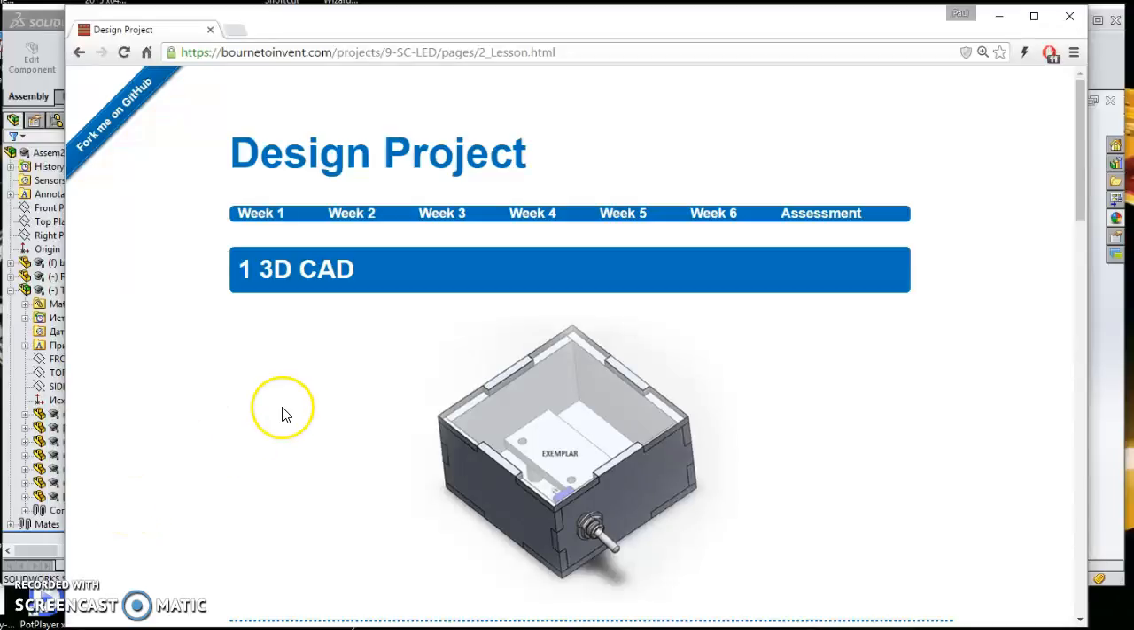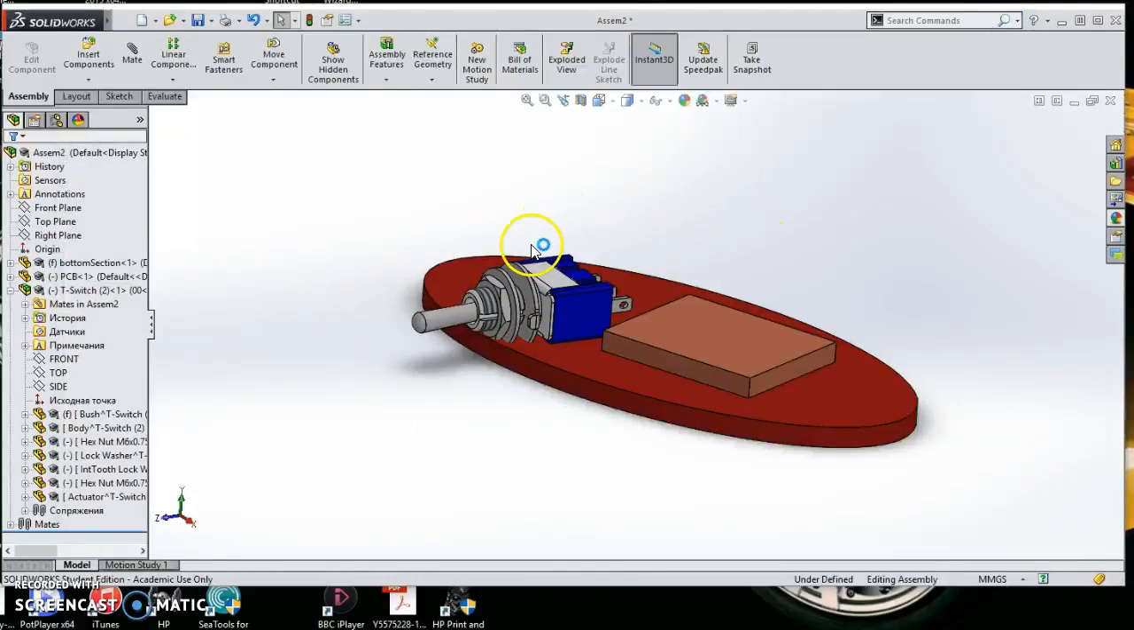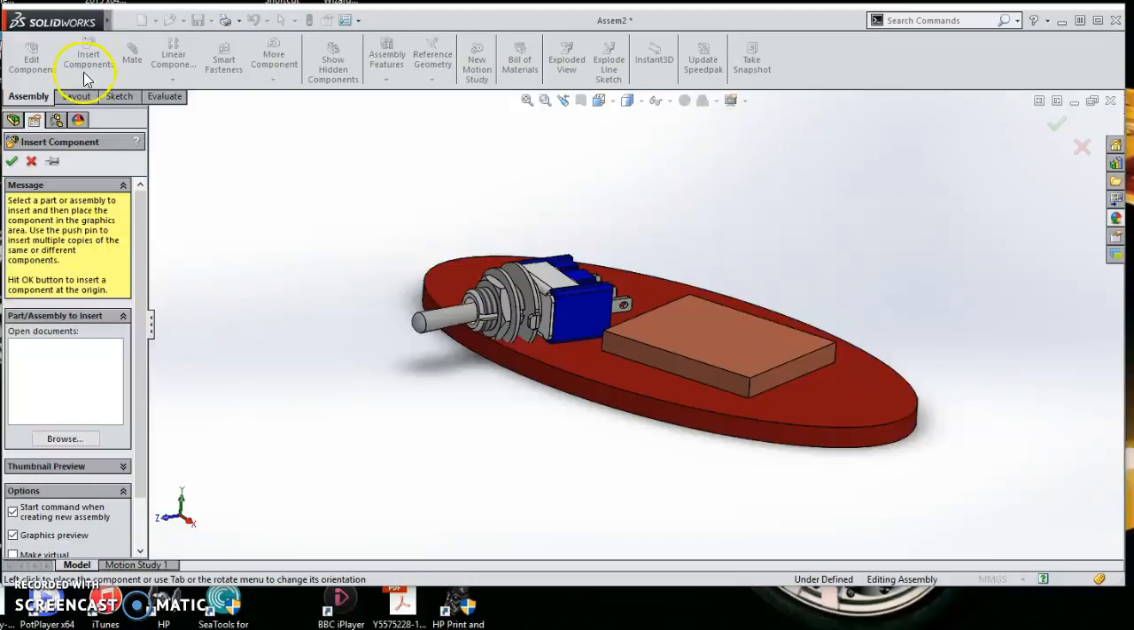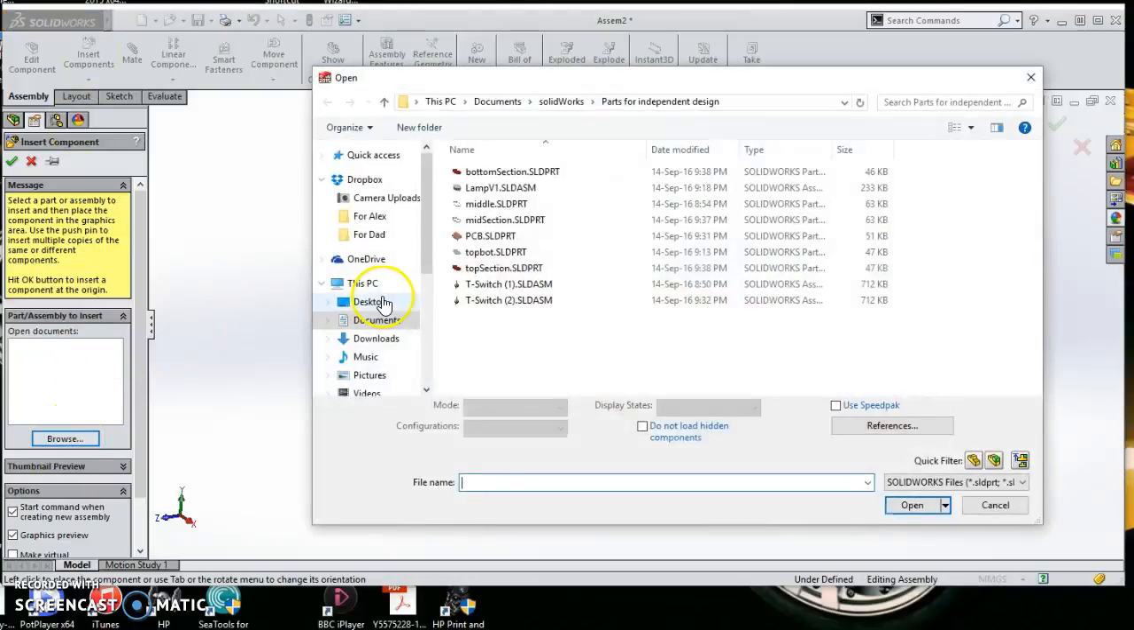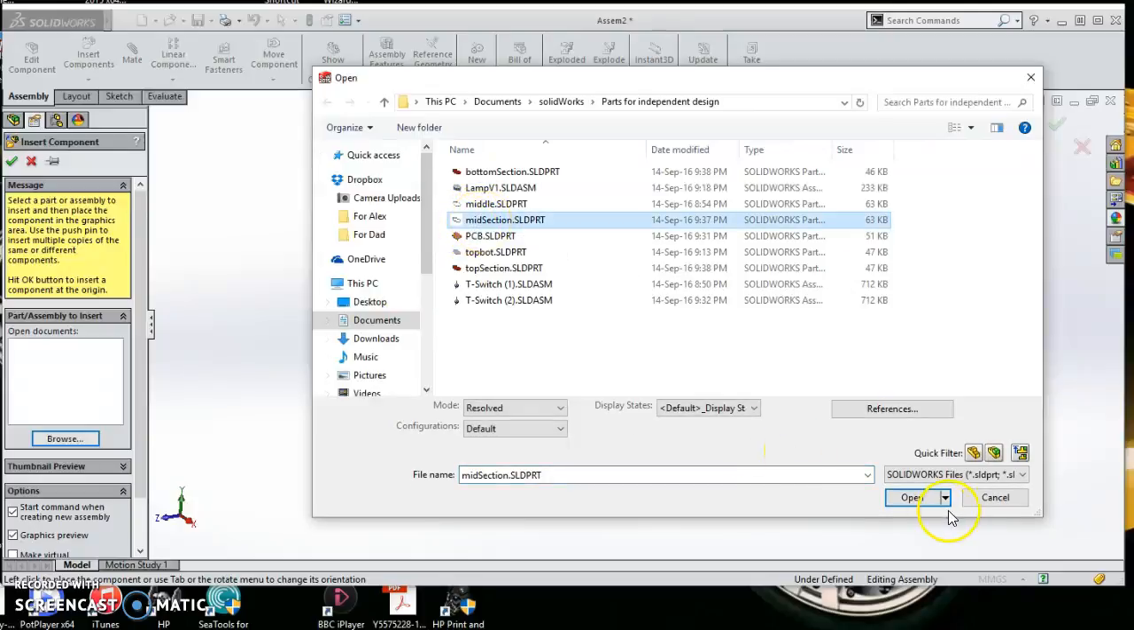In the second tutorial on the independent design, I will show you how to add in the middle sections and repeat that process all the way up to the top of our plan. Okay, so I'm going to go Insert, and I'm going to go to Browse. I'm going to use the midsection that I made at the beginning with the little hole in the middle, and